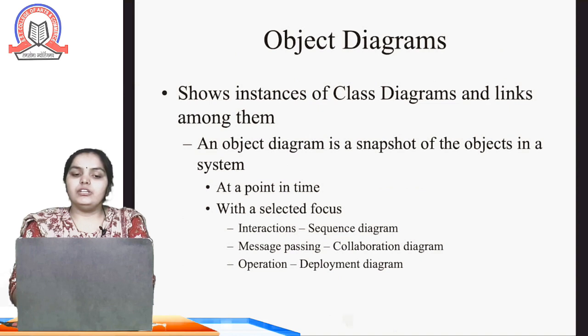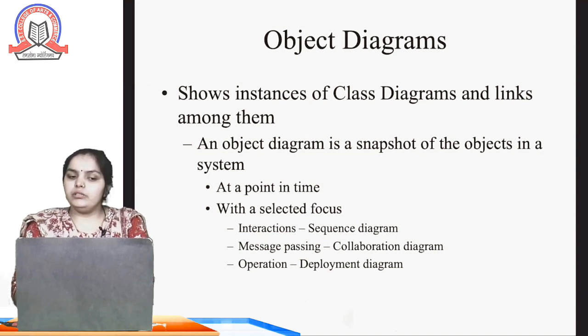The object diagram represents the different objects of the classes. It shows the instances of the class diagram and the links among them. An object diagram is a snapshot of the objects in a system.